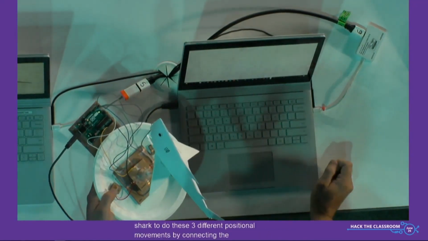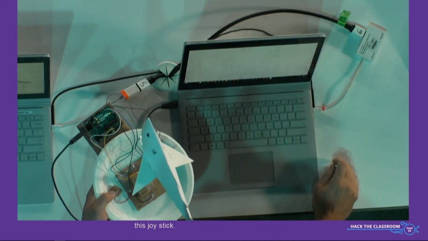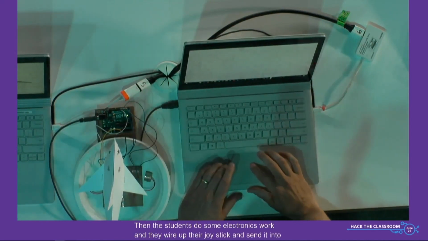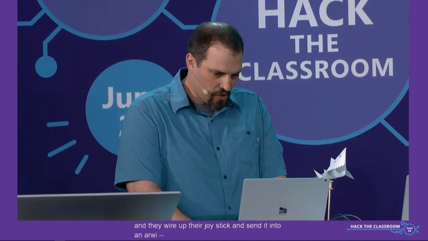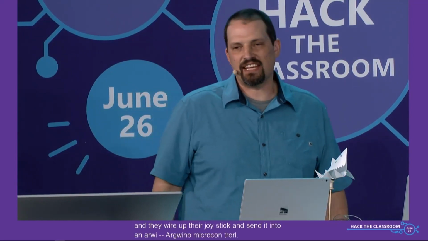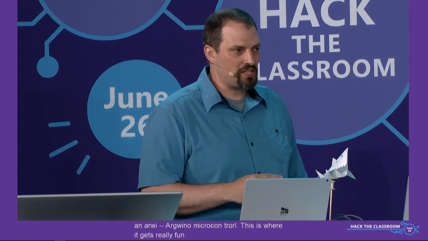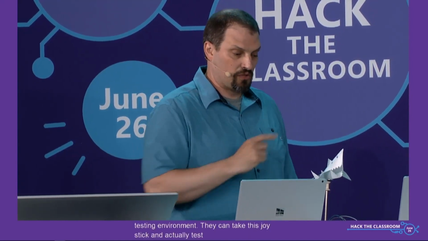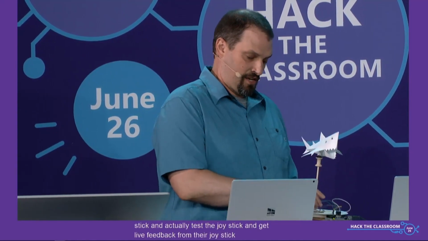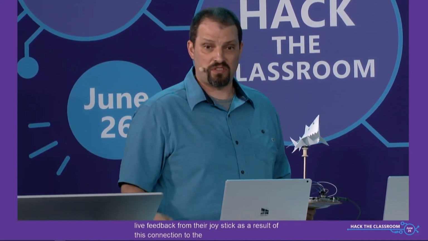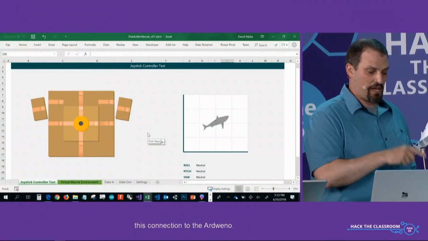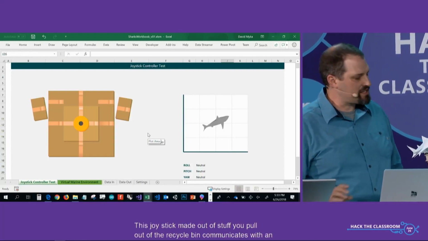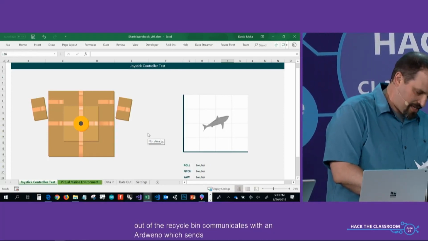And then the students do some electronics work, and they wire up their joystick and send it into an Arduino microcontroller. And this is where things get super fun. So students now, as they build this, have a testing environment. They can actually test the joystick and get live feedback from it as a result of this connection to the Arduino. So this joystick, made out of basically stuff you pull out of the recycle bin, communicates with an Arduino, which then sends serial data into Excel, and then we have these wonderful visualizations that help students get some feedback